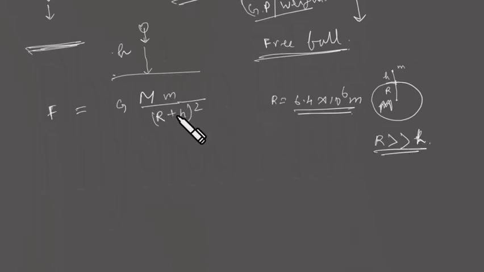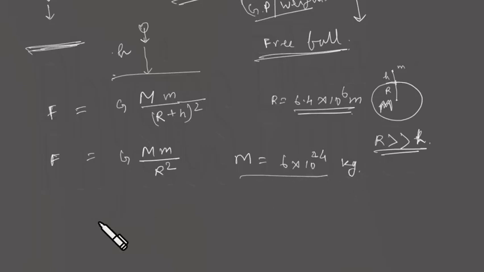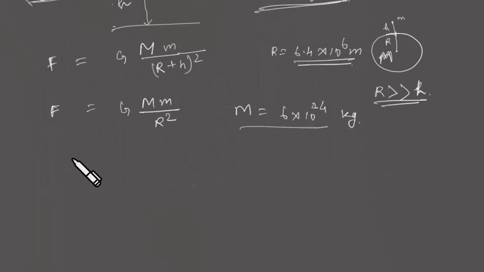So we can ignore this h and we can simply write G M m by r square, the force of attraction on a freely falling body from some small height. The mass of the earth is given as M equals 6 into 10 to the power 24 kg in SI unit. This is the mass of the earth. So this force becomes F equals G M m by r square, that's the gravitational pull on any body,